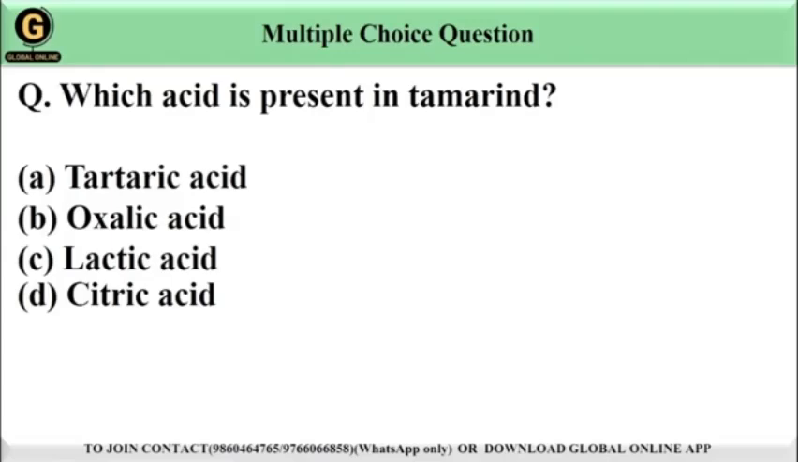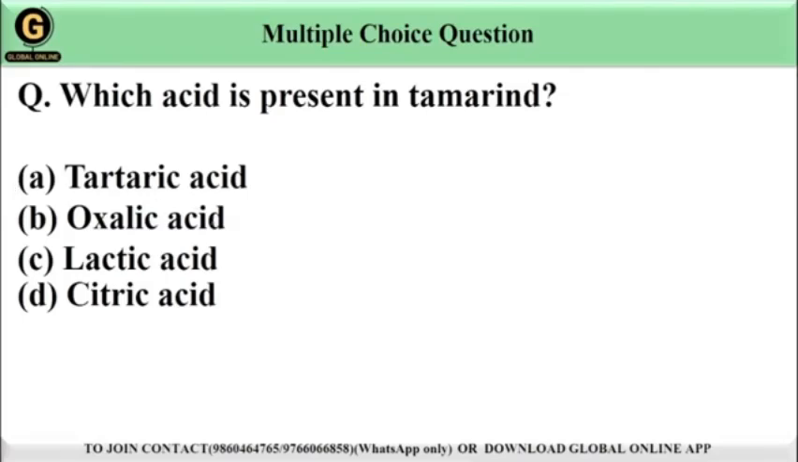Present in a tamarind. Options are given: tartaric acid, oxalic acid, lactic acid and citric acid. So students, tamarind contains tartaric acid which gives it its sour taste. This acid is commonly found in various fruits and is known for its strong and tangy flavor. Tartaric acid is used in food to add sourness, and this one is different from the rest of the options,